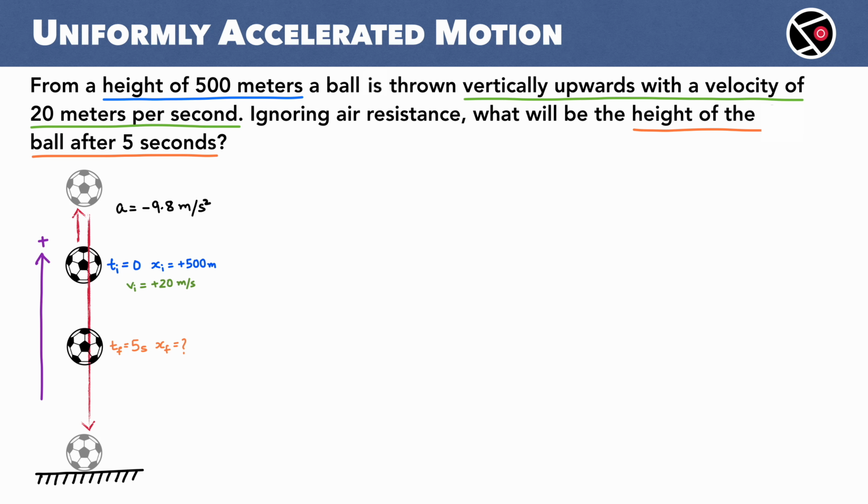So, this UAM equation is a good starting point. Vi is 20 meters per second. Delta t is tf minus ti. 5 minus 0 is 5 seconds. a is minus 9.8 meters per second square. Again, delta t is 5 seconds. Solving further, we have